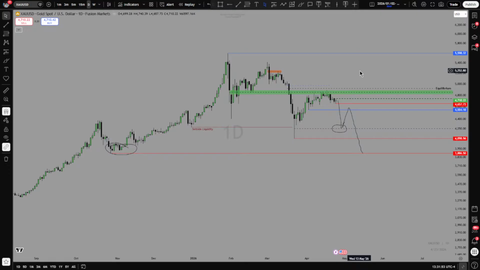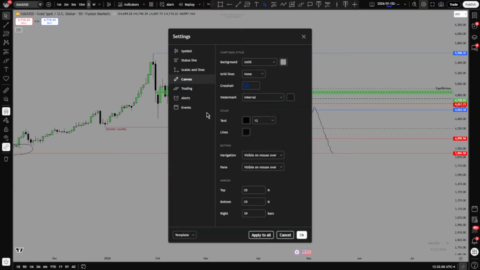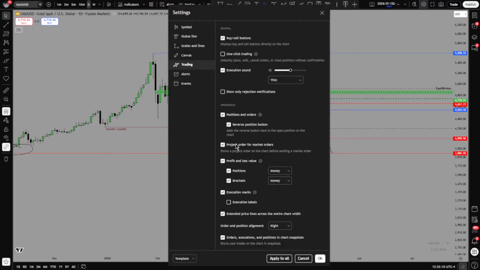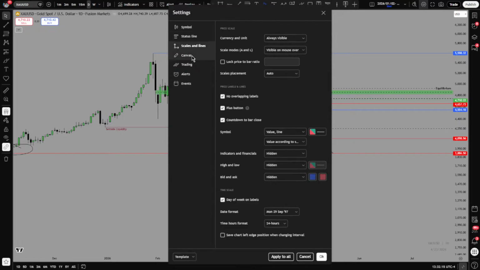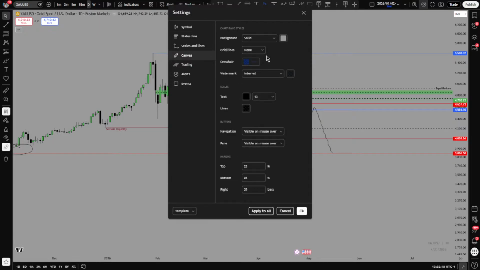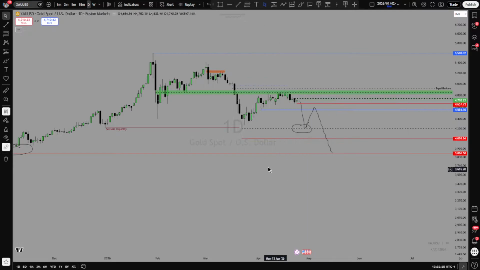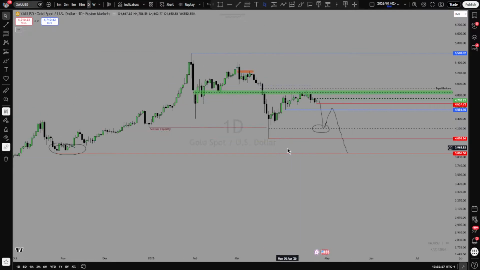Let me just do something real quick. I forgot to do this earlier. Okay, so we're going to be looking at gold today, as I just said. Let me just use this thing. Watermark, I need a watermark. Description. Okay, yes, it's here. So as you guys can see, we're actually looking at gold today.